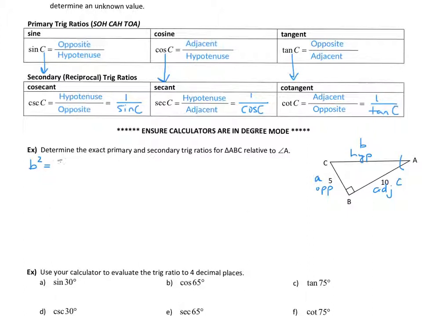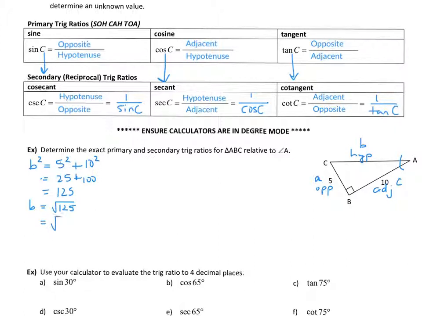So I'm going to take my other two sides squared, added together. All right, so 5 squared is 25, 10 squared is 100. So that's going to give us b squared being 125. B then, since it's a length, it's just the positive square root of 125, which we know from our radical rules earlier,